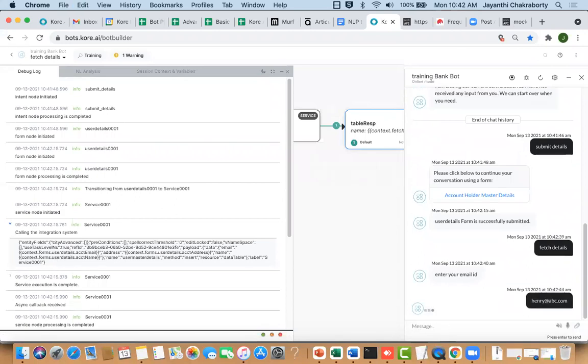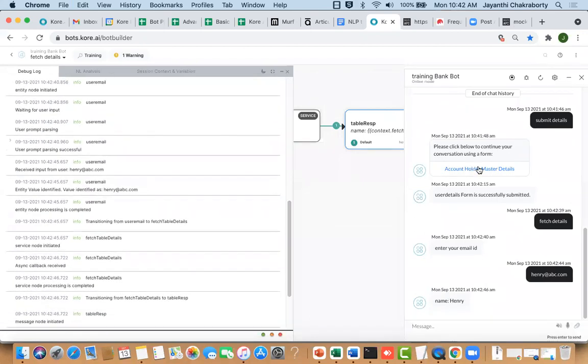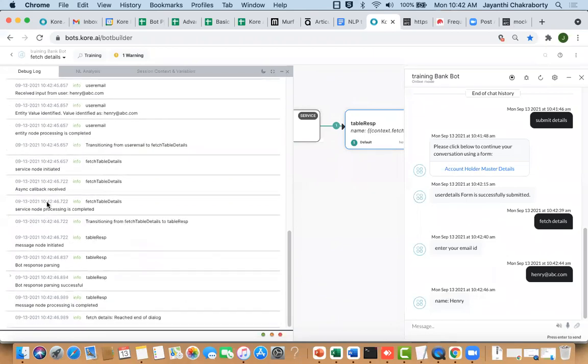So I just put the mail ID over here, and you can see the name is returned back. That was the name that we had entered in this particular form. So if you come back to the service node configuration, you can see the service node was initiated, which fetched the row, and from the row returned by the service call, we are picking up the name and displaying it